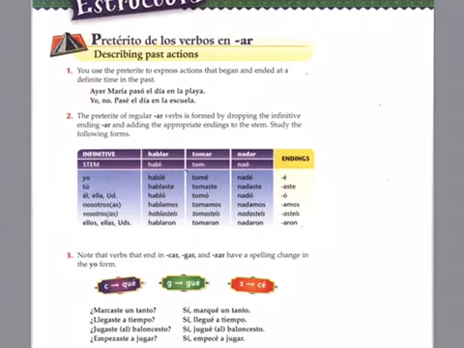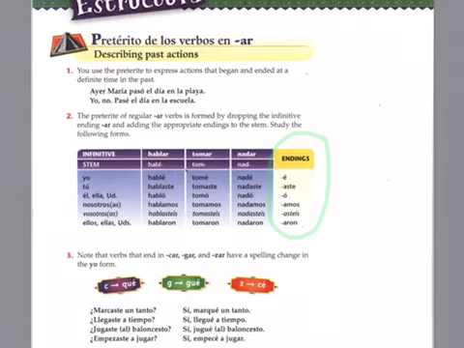So before, all you could say is I do things in general, like I speak or I study, like yo hablo, yo estudio. What we do in the preterite, much like the present tense, is we drop the AR, in this case, as you see in front of you, or the ER and IR, which we'll do later in the next chapter, and you add a different set of endings than what you're used to. Instead of the basic AR endings that we did in videos like conjugations back, we have a whole new set of endings, which I'll highlight for you at the very end of this in green here.